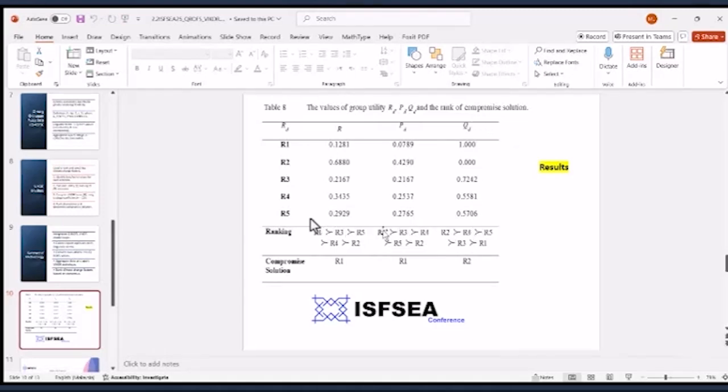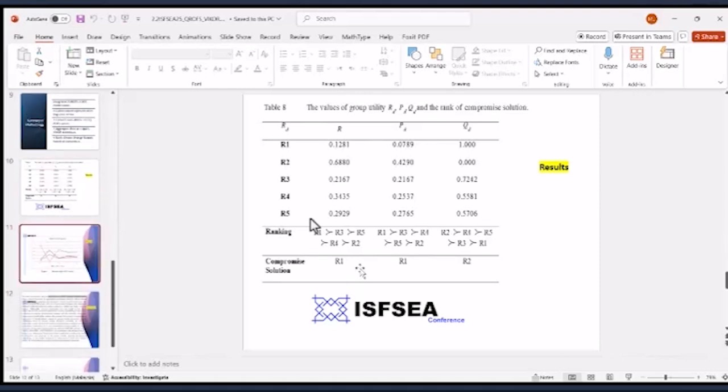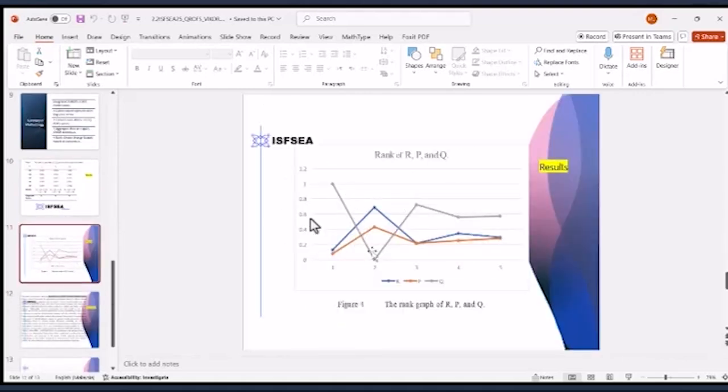You can see that there is some contradiction between R, Q, and P, where the first one is R1 here. The first one is R1, and the third one, the Q one, is R2. So we can see that there are no compromise solutions. So we base on the compromise solution, and then from the compromise solution, we can get the ranking here, and the conclusion is something like